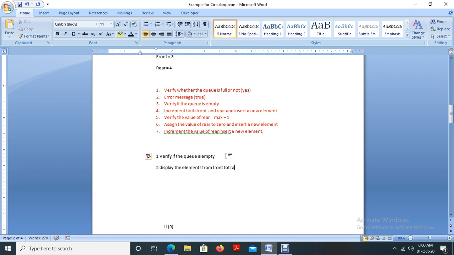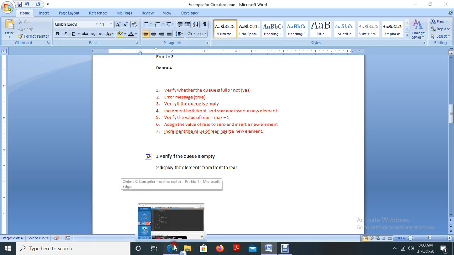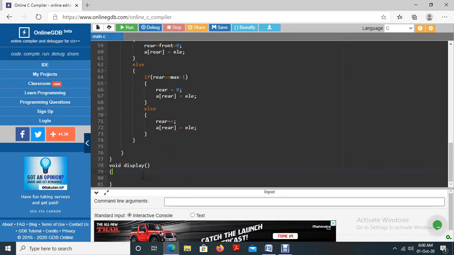Display the elements from front to rear. So here verify the queue is empty or not. So that is the procedure. If some element is there, then only we can display. Otherwise, what we are going to display? It's an error. So we have to mention the condition for that.